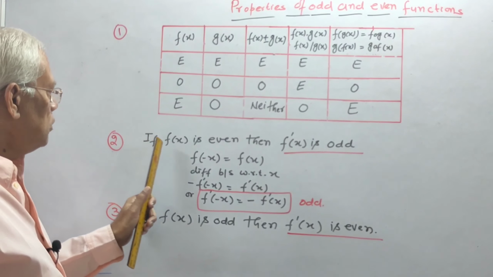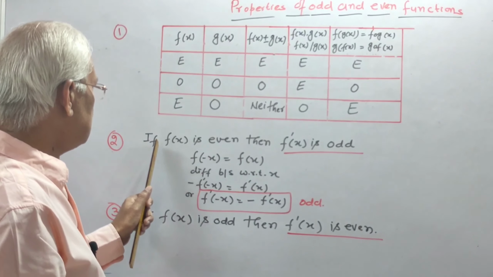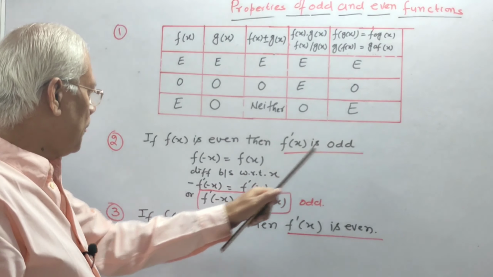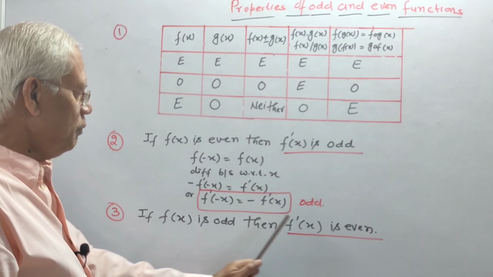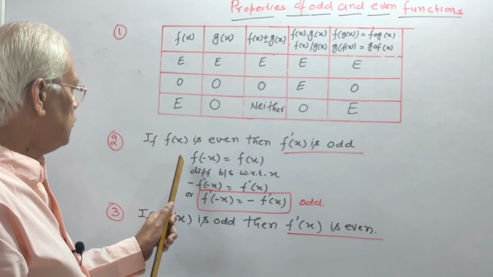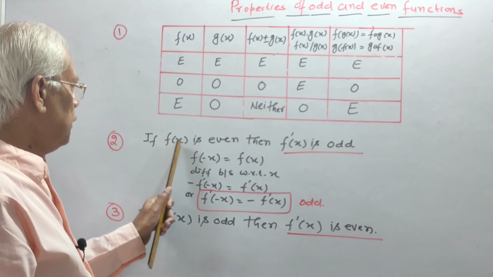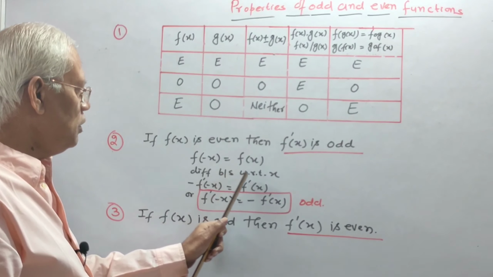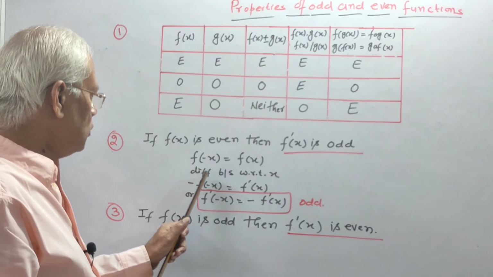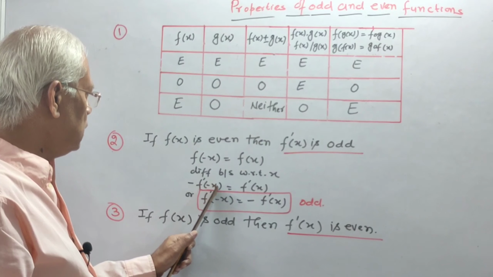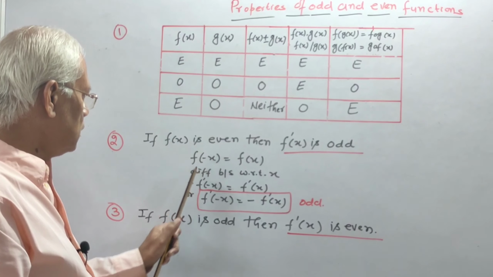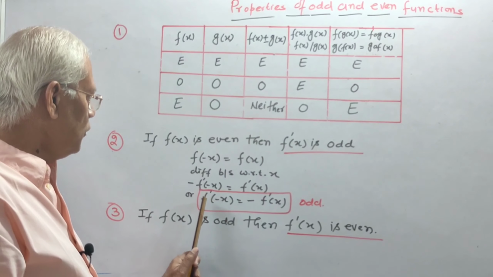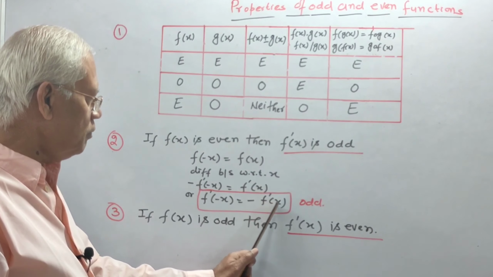These are the two examples of differentiation of functions. If f(x) is even, then f'(x) is odd, and if f(x) is odd, then f'(x) is even. You can verify. f(x) is even, it means f(-x) equal to f(x). Differentiating both sides with respect to x. So f'(-x) और x माइनस एक्स का -1 आएगा और f(x) का f'(x), ये माइनस आप उस साइड ले जाइए, तो f'(-x) is equal to -f'(x).